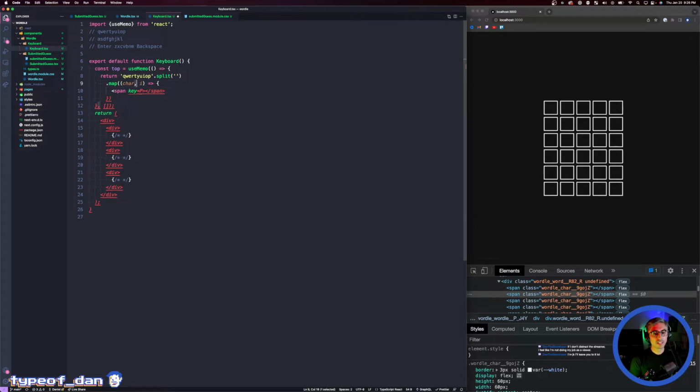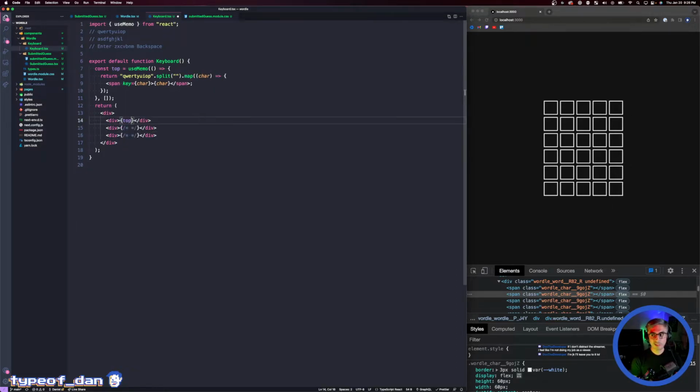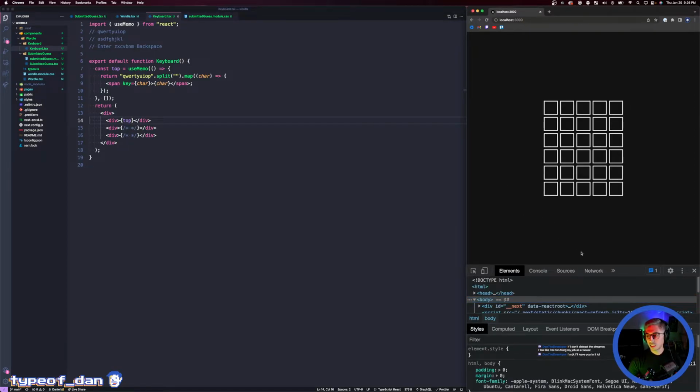Actually, I don't need an index since I know that those letters are unique. The key is the char, and the value is char. And that is an array of elements. Will that work? I think it's like,